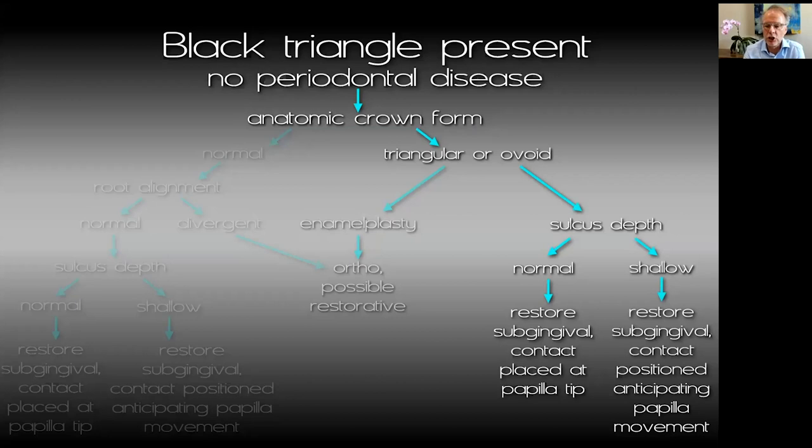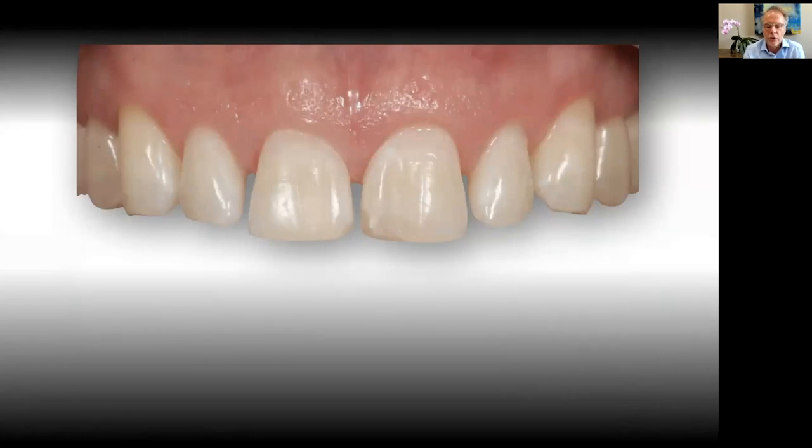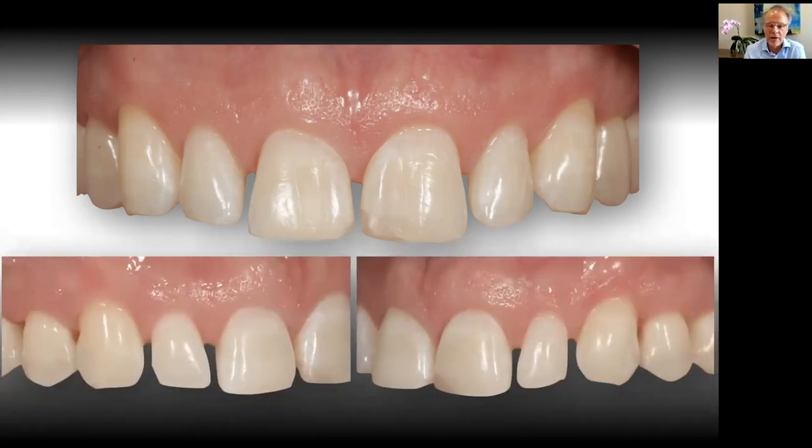And if it's a shallow sulcus, restore subgingivally, contact position at the anticipated papilla height, right? That's going to creep. Question is how much? So our patient has diastemas. The most important area to evaluate this is not in the anatomic crown form near the incisal third. It will be at 1 millimeter subgingival, because as we go subgingival, the volume of space gets greater between the